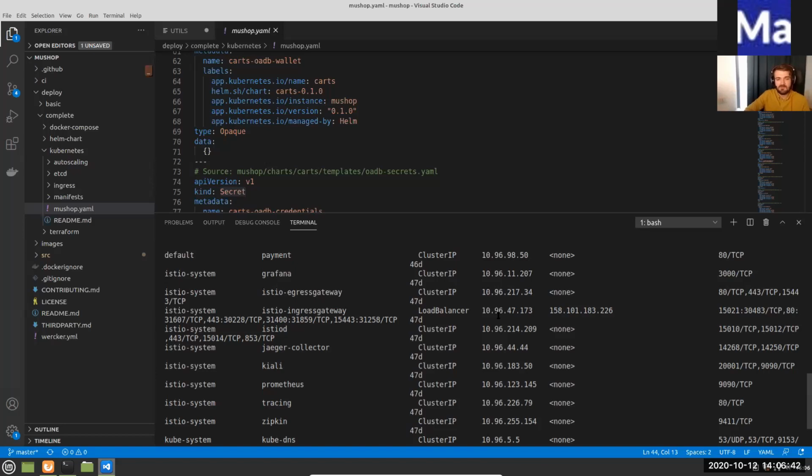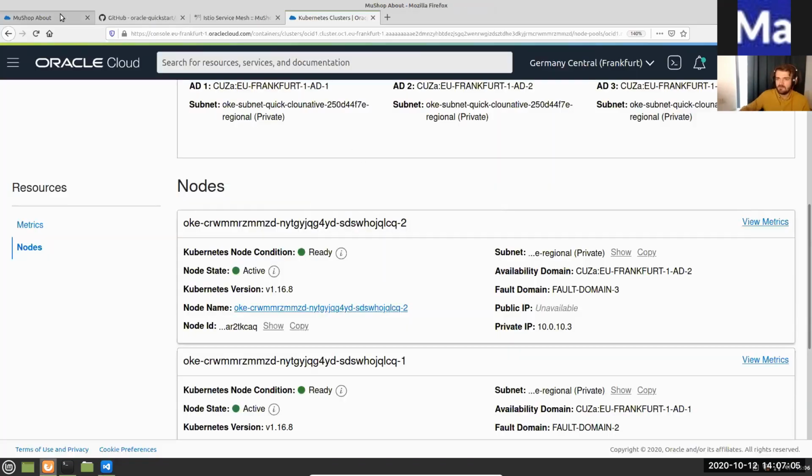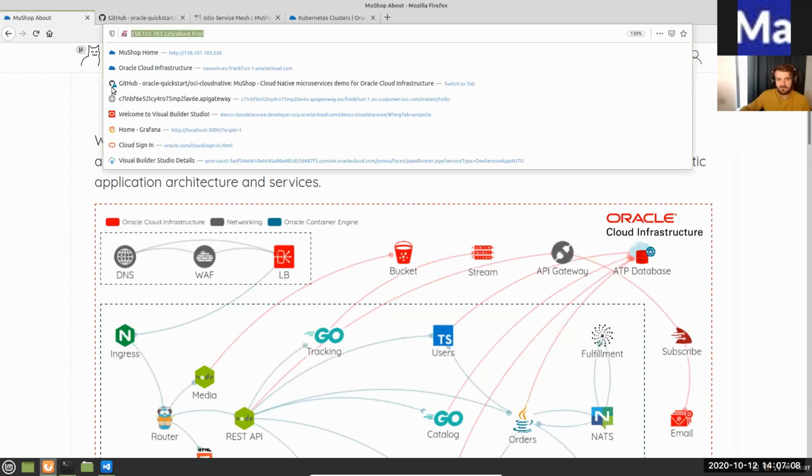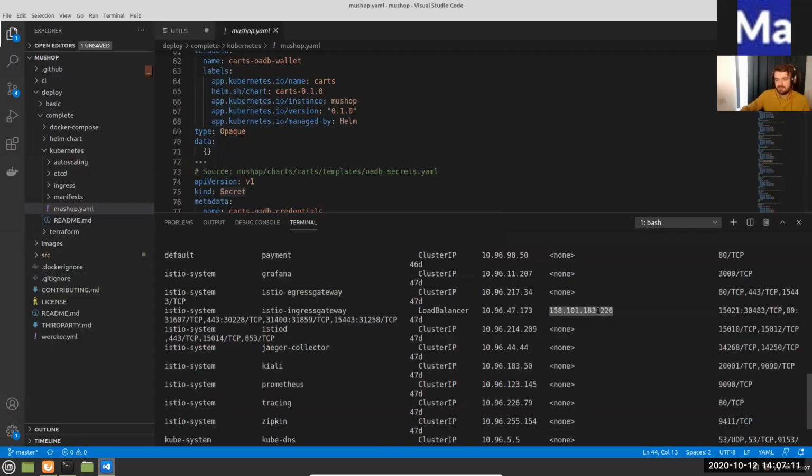For example, on your application, if you are struggling to take your application or develop a new application and put it in Kubernetes, come to us and we can work together on that. So there is this resource type called services. And what you can see here is that basically we have provisioned a load balancer type. And this one is the public IP address, which we are using to access our Mu shop, right? So this load balancer was provisioned by Kubernetes and it's registered in Kubernetes as an entry point to the cluster. And you can see here that it is basically being handled by Istio. And we will get to Istio in a bit.